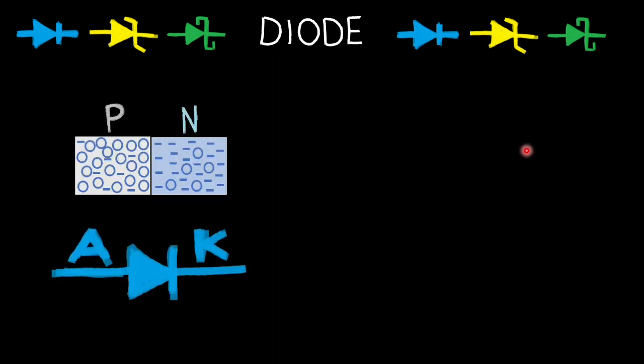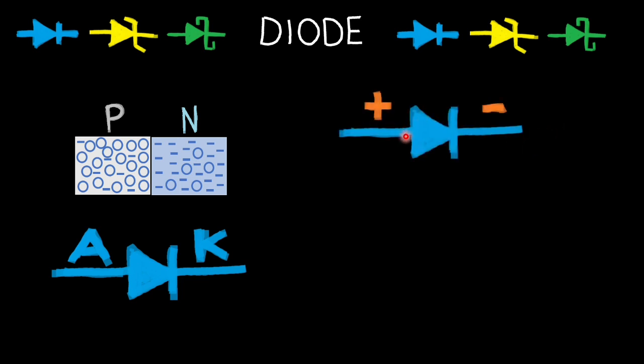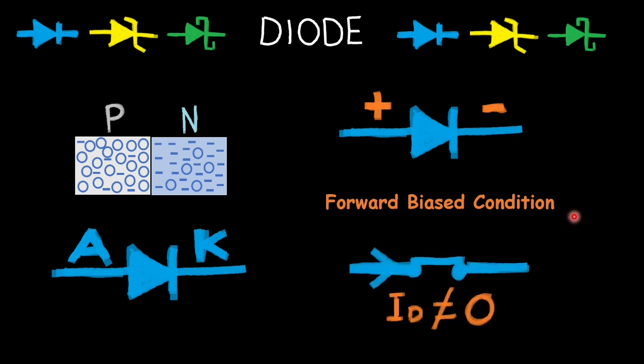Now, the question is, how can we turn on and turn off the diode? Just like the PN junction, when a positive voltage at the anode and a negative voltage at the cathode are applied, the diode will allow flow of electrons. This is what we call the forward bias condition, like a closed switch, so that our current is not equal